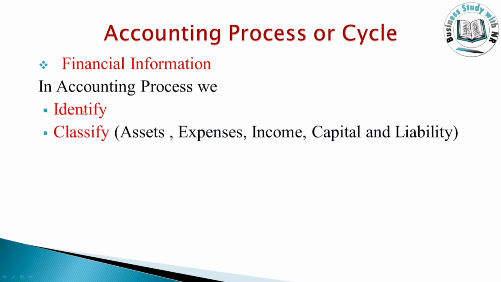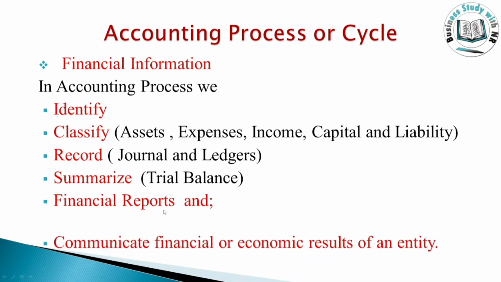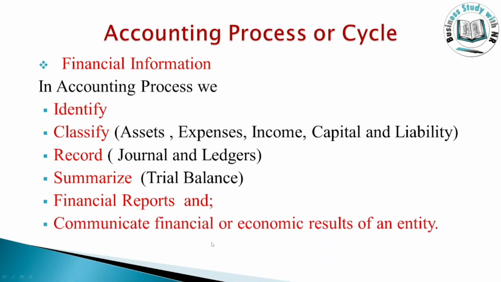In the next step, we classify this financial information. Classify into what? Classify into asset, expense, income, capital or liability. Then we record this financial information in the form of journal and ledgers, and then we further summarize this financial information into trial balance, and from this trial balance we generate financial reports,